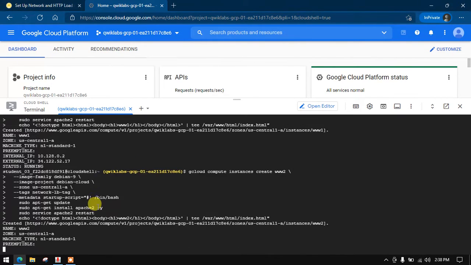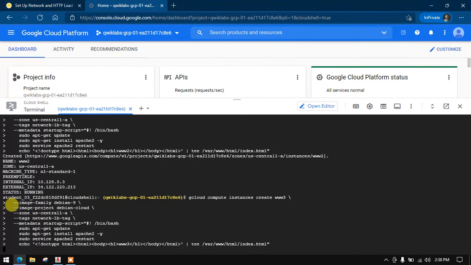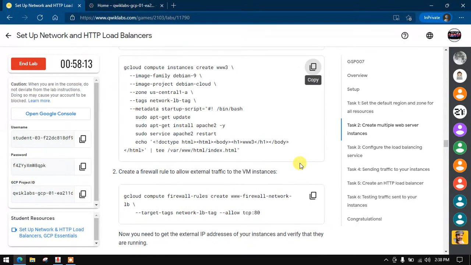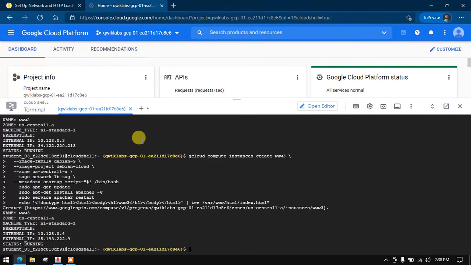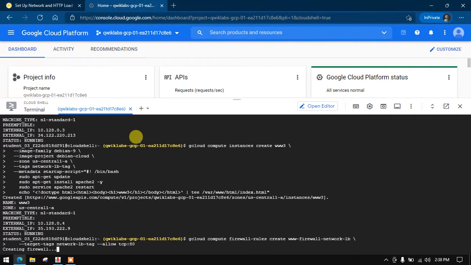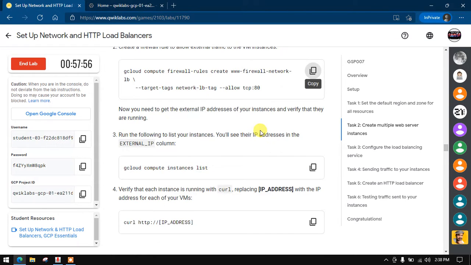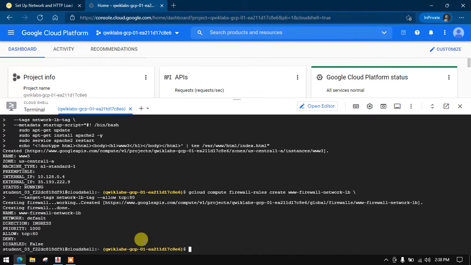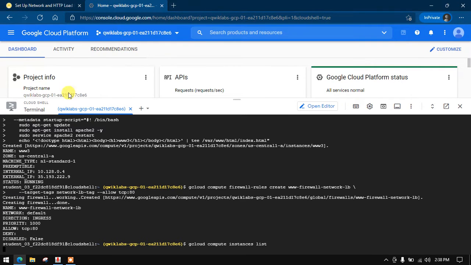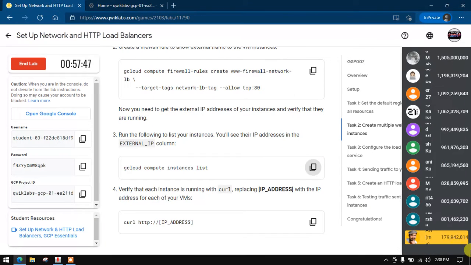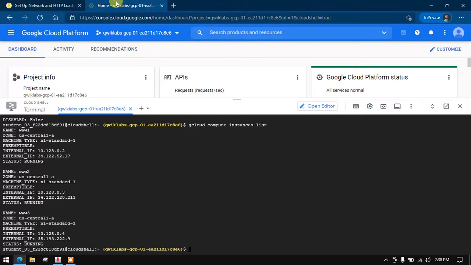I don't know any tricks to speed up this lab, but I know if you have a perfect internet connection and a good system, something like 12th generation, I think it was launched recently, and it is better than 11th generation. I know someone has told me. This is the third generation. So guys, you will think why I'm doing this so slowly. You might have got a better rank than me.